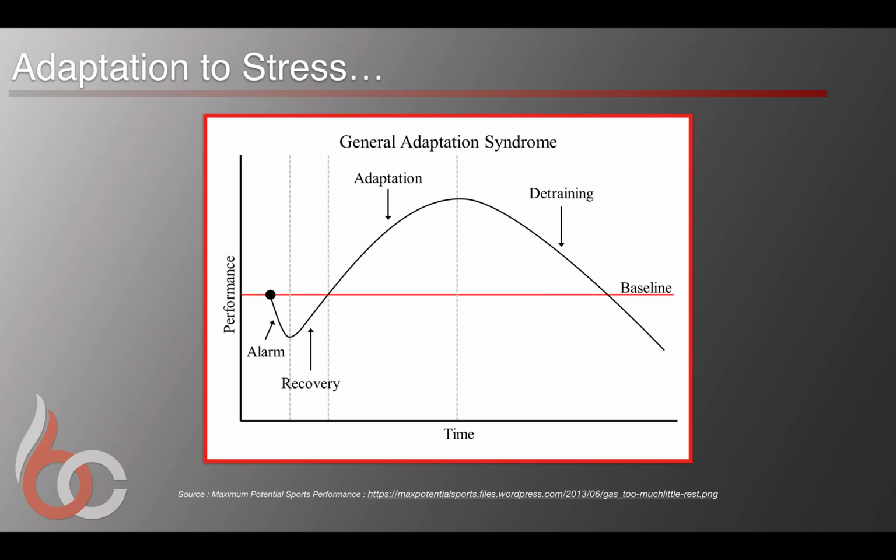So this would be a fine example of somebody who does a bunch of exercise and training, they recover really well and they perform really well, but then they stop exercising and training, and as a result that performance goes back down to its baseline or its starting point. So detraining is something that can certainly cause performance to, after increasing, decrease,